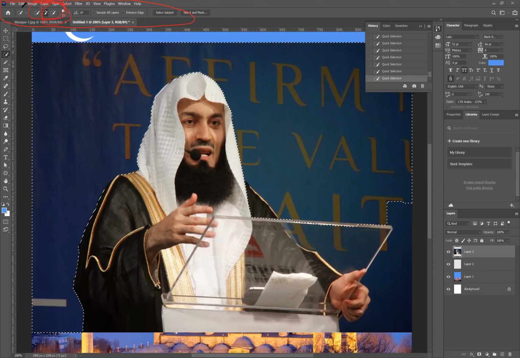See this one, minus. I am highlighting here. So this minus you have to select. So if we have the minus selection here, if I move the mouse pointer out of this area, it will remove the excess selection.